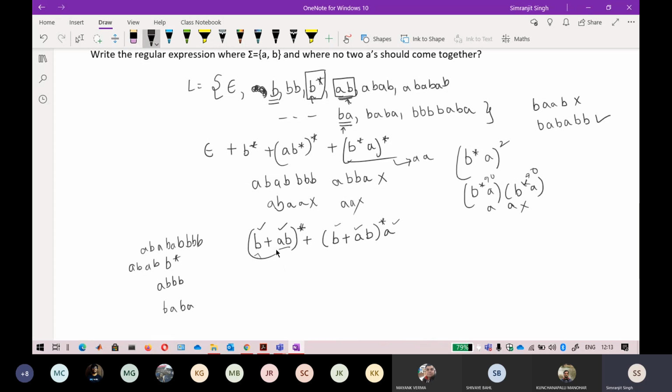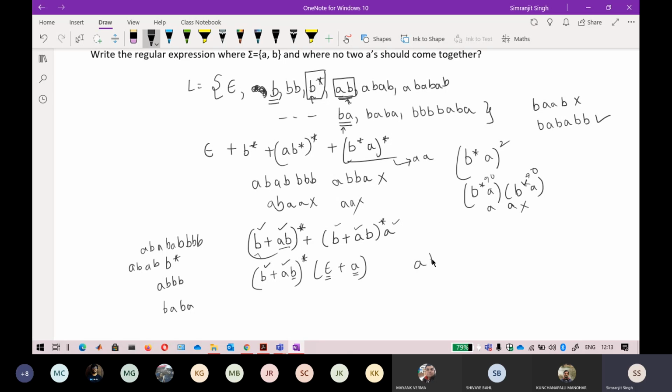So I can also minimize this. If I minimize this, you can take B plus AB common from it, so it will look like this: epsilon plus A, B plus AB star, sorry, B plus AB star, epsilon plus A. So it is saying that the strings that are starting with B are here, the strings that are starting with A are here, that do not contain two A's. Because of this building block, it is not containing two A's together. After that, it can either end with B, in which case I can take this epsilon, or if it is ending with A, I will take this A. So I think all the strings are possible by this.